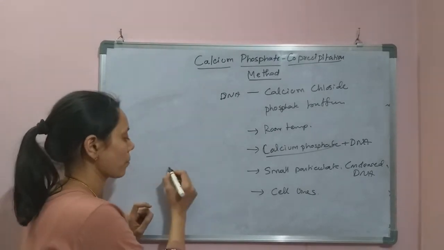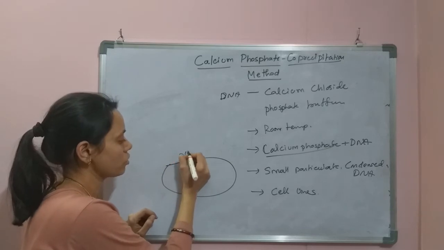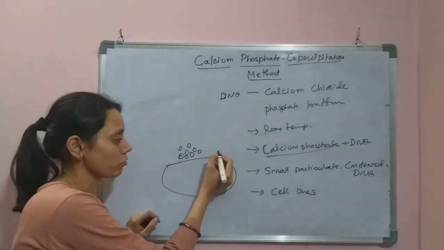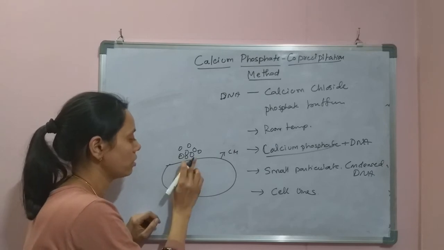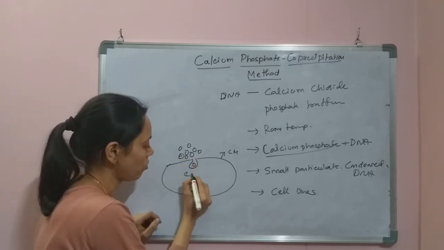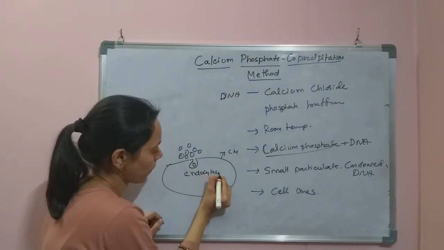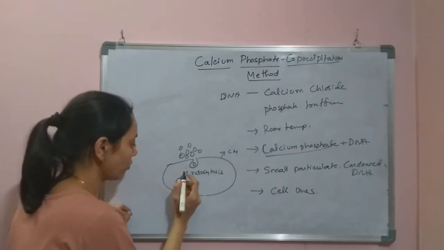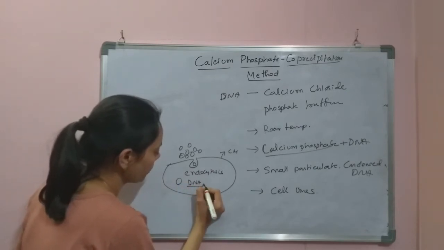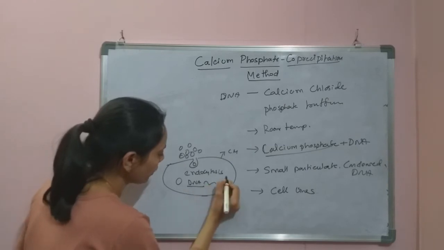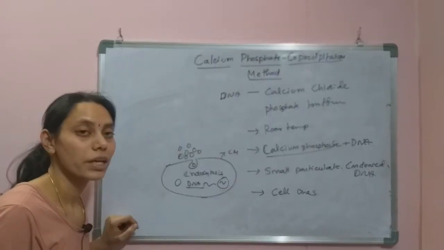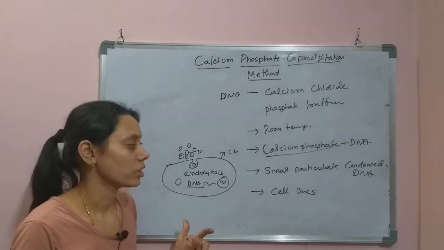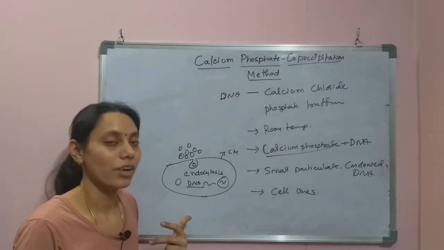So here on the host cell, this calcium phosphate particles will be adsorbed or attached on the cell membrane of the host cell and eventually enter the cytoplasm by the process called endocytosis, and eventually the chemical will be dissolved and the DNA will come out, which will enter into the nucleus, where it may integrate into the genome of the organism, or it may also stay away from it without integrating into the host organism in the case of transient expression.